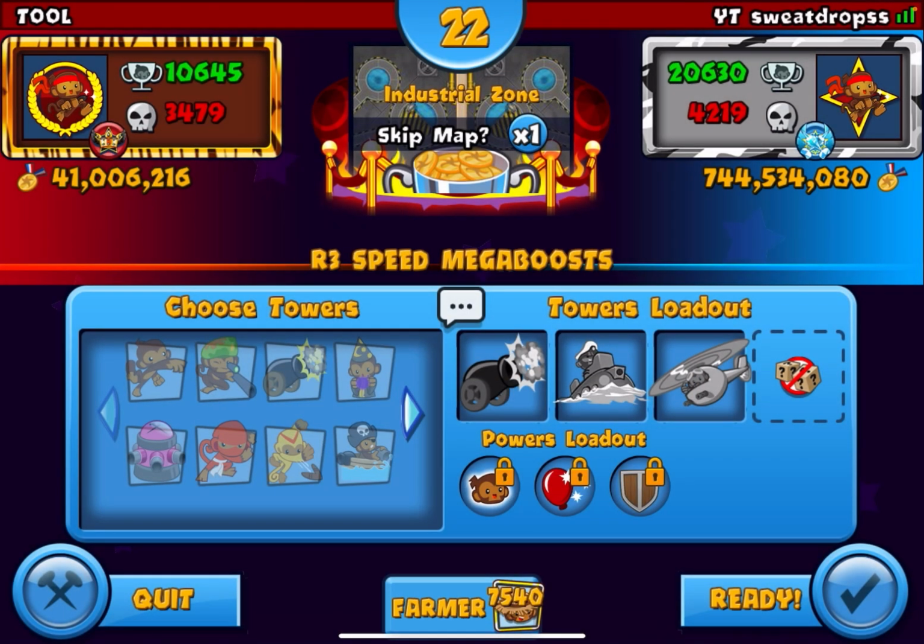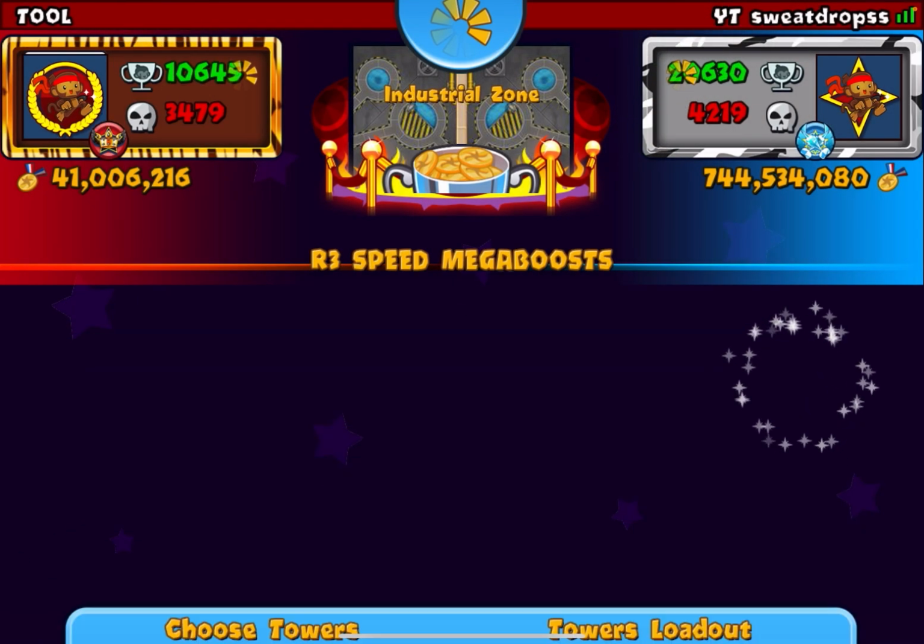So for the record, this is our free speed mega boost. This means that all of our towers and powers are randomized. We get the same ones for the record, and this is mega boost. So we get tower mega boost and balloon mega boost forced in our power loadouts, which actually give us